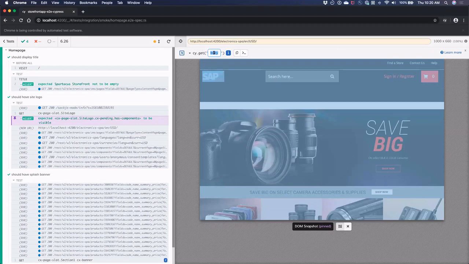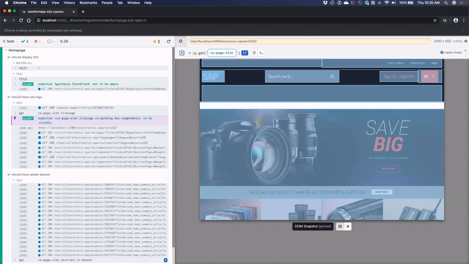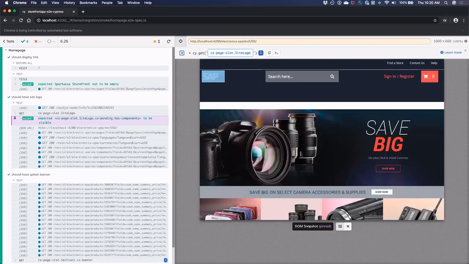If I want to do cx-page-slot, it's all of that. And then when I do site logo, it's only that element here. That's pretty cool. So you can play with the DOM selector to find things on the test itself.